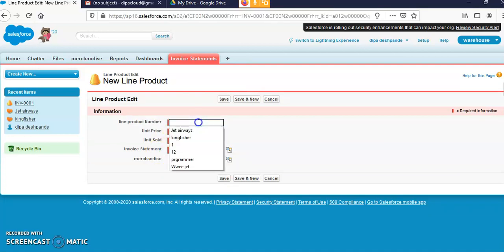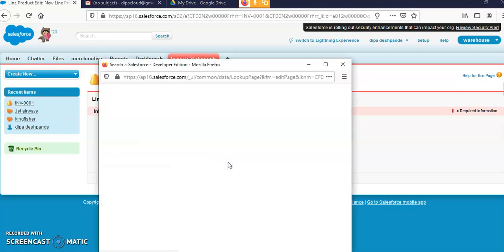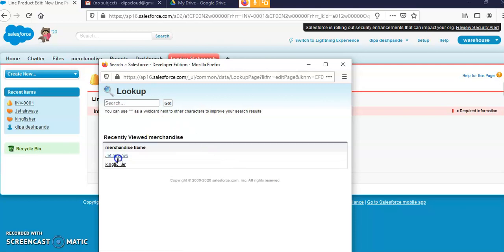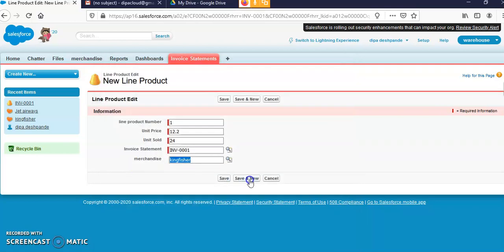Here you can put line product number 1, unit price 12, for example 12.2, number 24, invoice 001 by default. Merchandise, you want to fetch the record of merchandise, that is the Kingfisher. I am going to select and save and new.